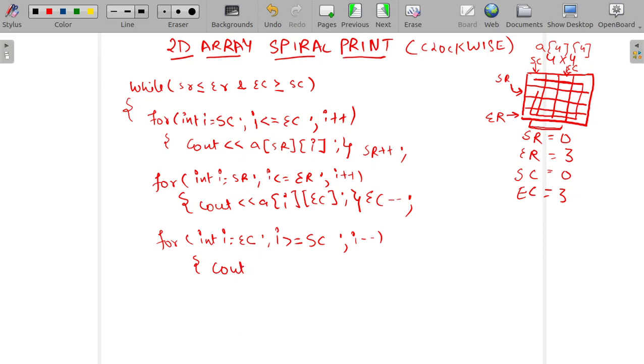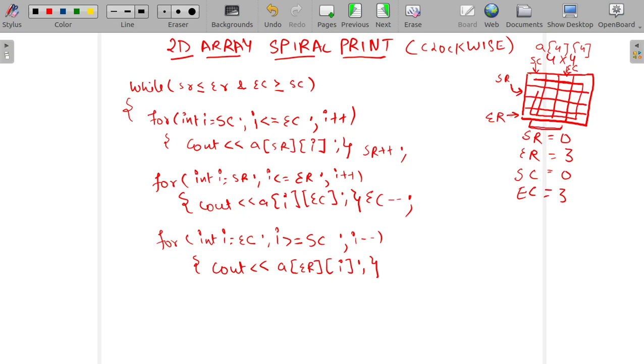So we will cout a of, we will keep our end row constant and we will iterate the value of i through this. After this is printed, we will update our end row, because we don't want to print this row anymore.